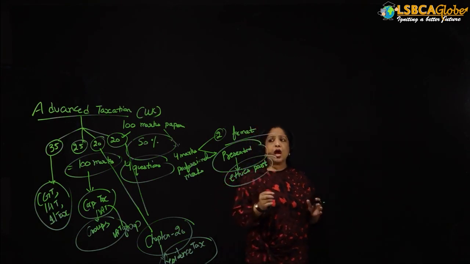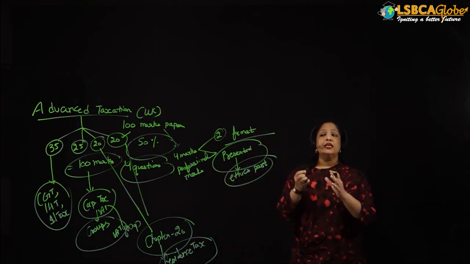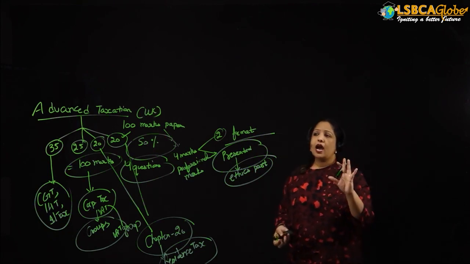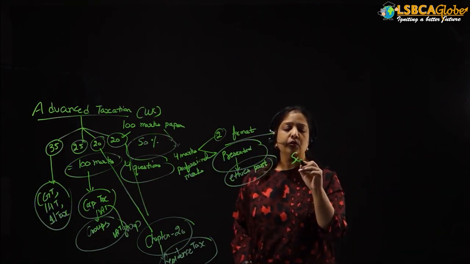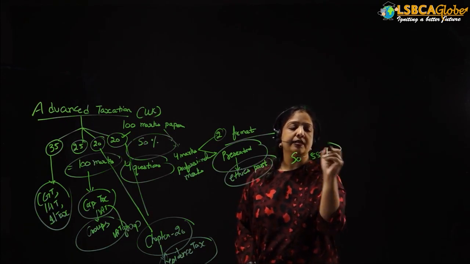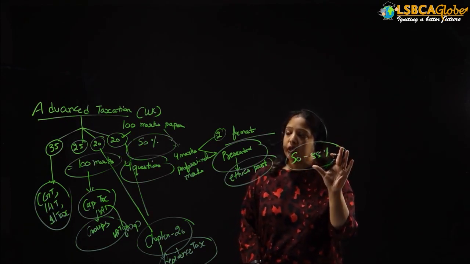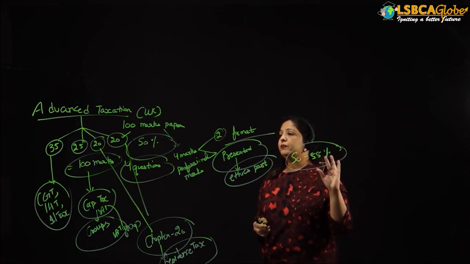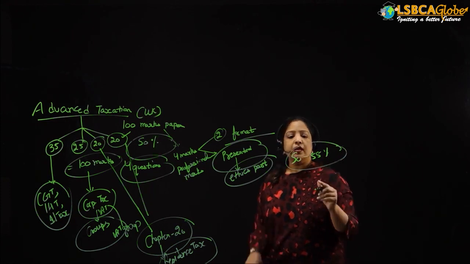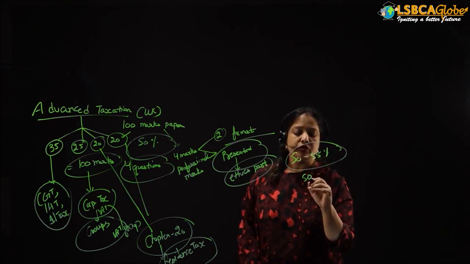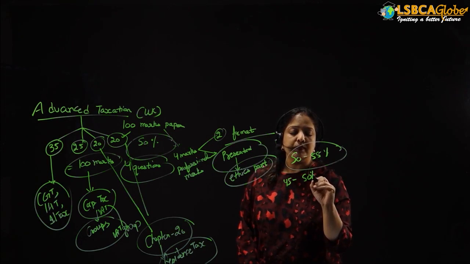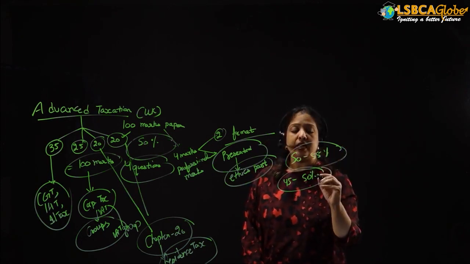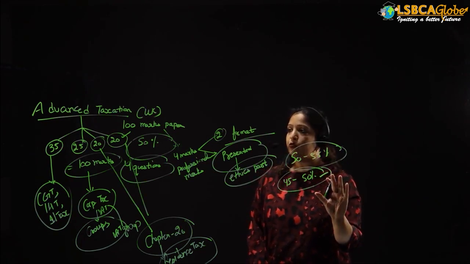I just want to tell you what is the linkage between the UK taxation and advanced taxation, class. I can say 50 to 55% syllabus is exactly the same. Whatever you have done in the applied skill level, 50 to 55% syllabus is exactly the same. It means now you have to work on just 45 to 50% more. Exactly the same, there is no difference, you have to just work on 45 to 50%.